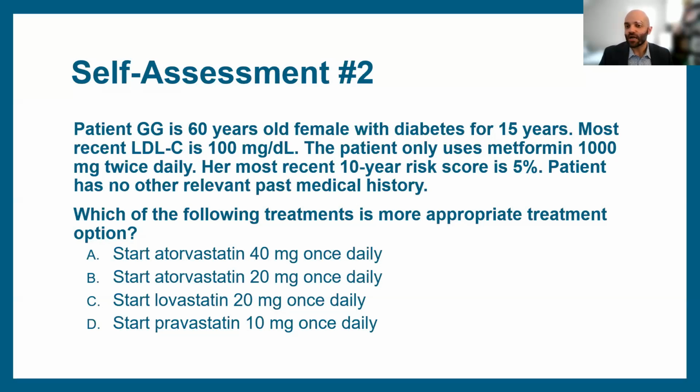You could make the case either way in this scenario. Just from my own clinical experience, I would say most people would start at that moderate first, make sure it's tolerable, and then titrate if needed. But just having, let's say, diabetes for more than 10 years does not automatically say you need a high intensity. At a minimum, you would still need moderate, but high would be an option.